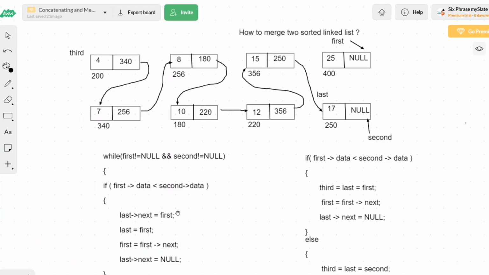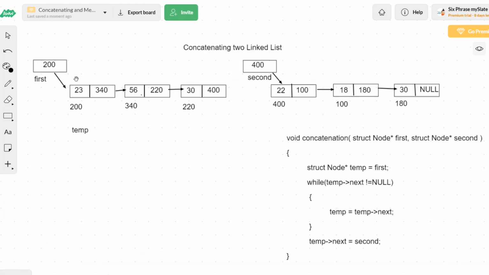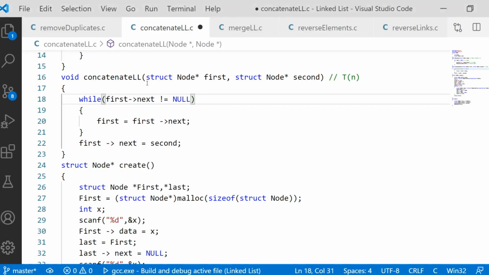You can see that here in the diagram as well. If this is the first linked list, initially I will check for the first node, temp of next not equal to null. Yes, I will move. Temp of next not equal to null, I will move again. Three times I move. At a certain point I reach here, where temp of next is null, so I could have stopped. So how many nodes? 1, 2, 3. Totally, that many times the condition could have been checked. How many nodes are available in the first linked list? n nodes are available, so this checking process is going to happen for n unit time.